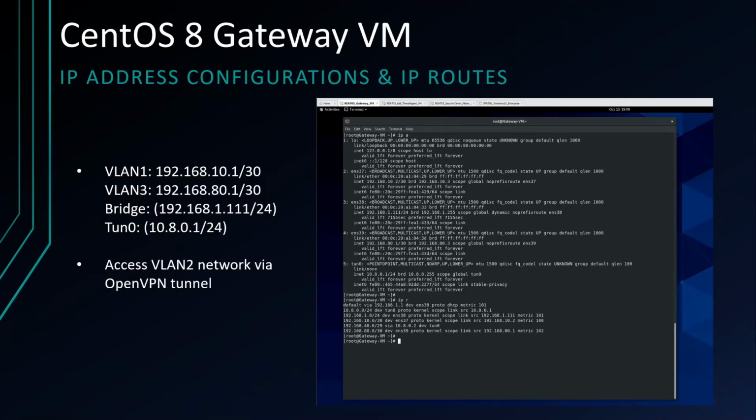So now we're going to be talking about the CentOS 8 Gateway VM, which is our central gateway for our test environment. As we can see here, we have four separate interfaces that we're going to be concerning ourselves with. We have the first LAN segment designated VLAN 1, which is connected to our Security Onion management node. We have a second LAN segment designated VLAN 3, which is connected to our Kali threat agent VM. In order to get internet, we have this gateway VM directly bridged to my host's Ethernet adapter, which as a result will